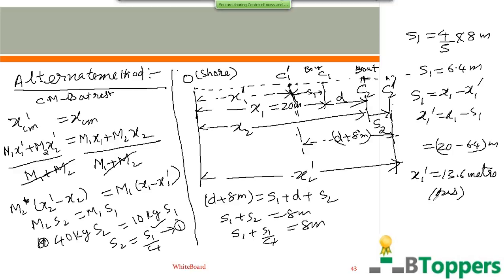Next, I am going to discuss the center of mass reference frame. So earlier I have discussed that the vector sum of momenta of all the particles of a system of n discrete point masses is given by sigma